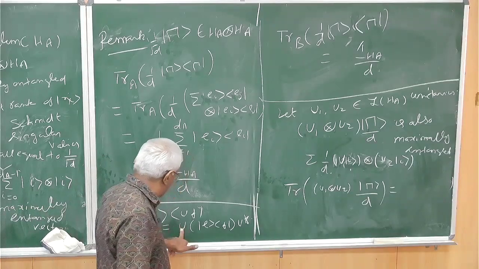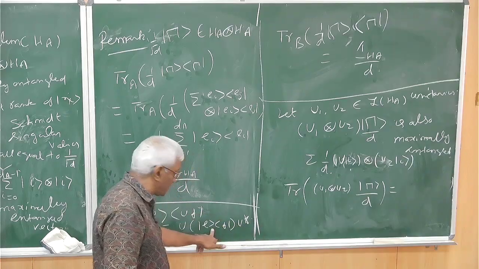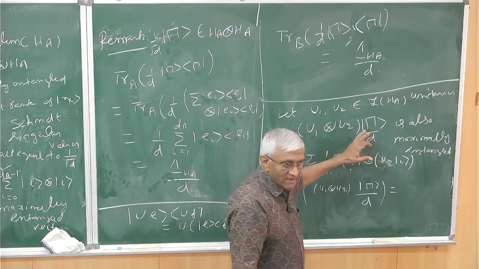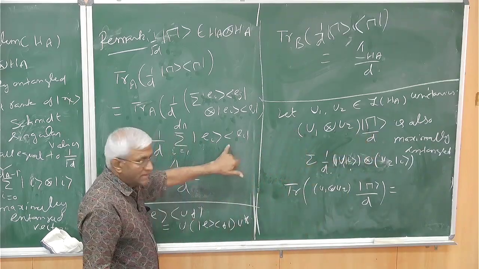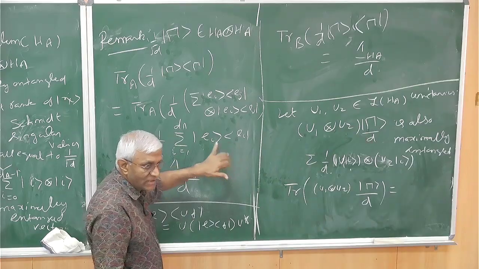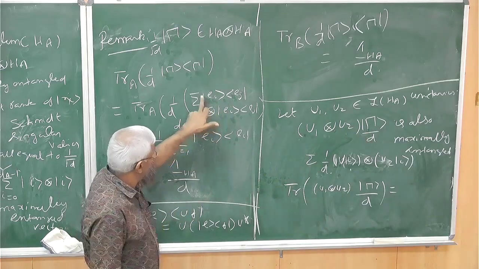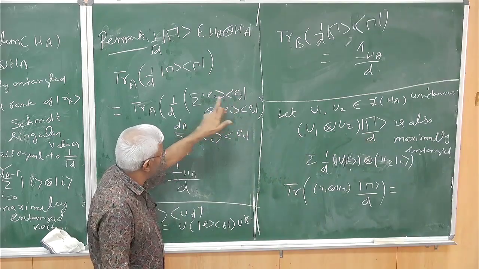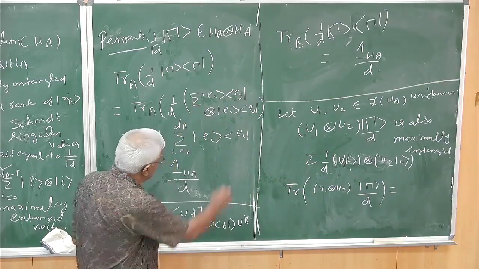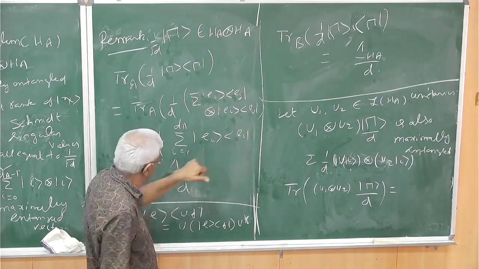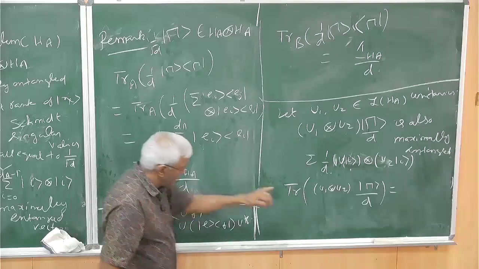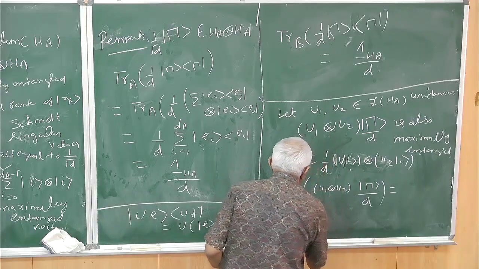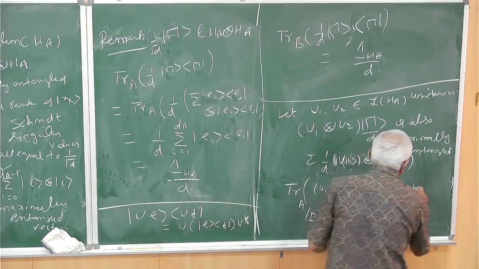And the trace of this, you can take the U there. If you insert a U in this sum, the trace is 1 only when i equals j, otherwise it's 0. So you will get the same result. You will get U of something instead, but that will also sum to 1 only. So if you have this kind of maximally entangled state, here also if you take the trace with respect to A or B, you are going to get identity by d.